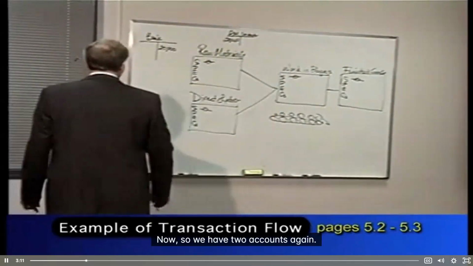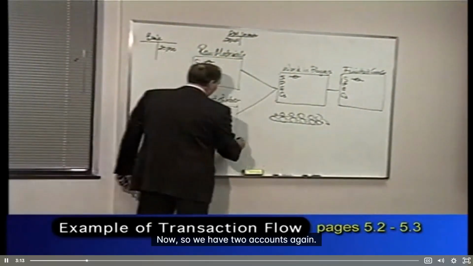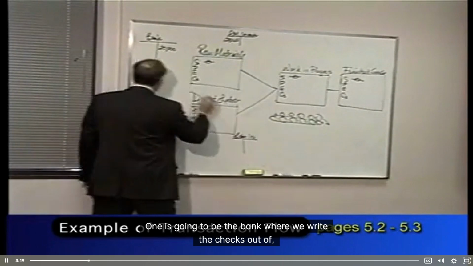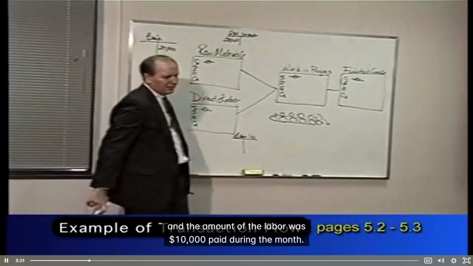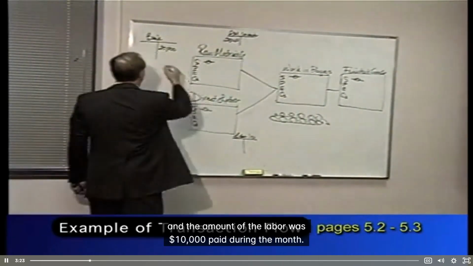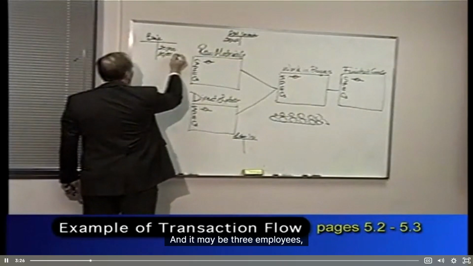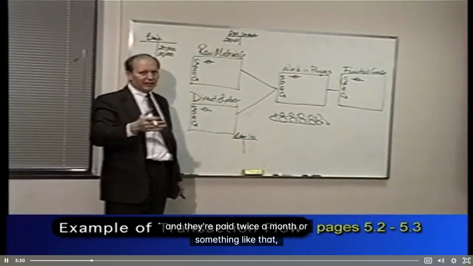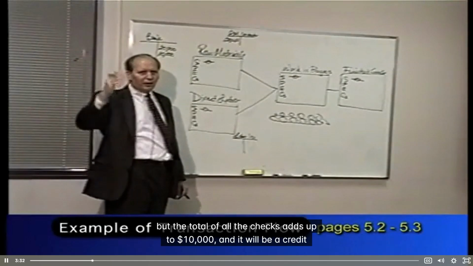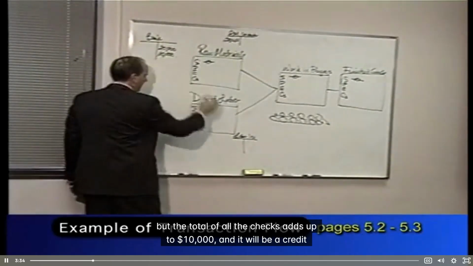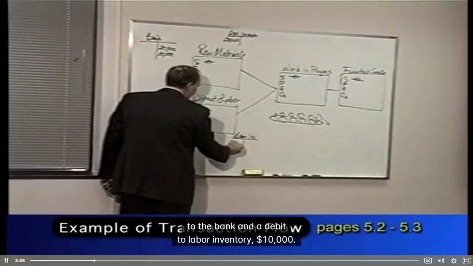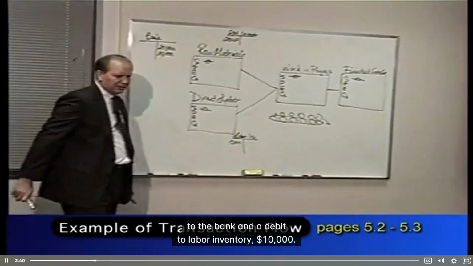Okay. Now, so we have 2 accounts again. One is going to be the bank where we write the checks out of, and the amount of the labor was $10,000 paid during the month. And it may be 3 employees and they're paid twice a month or something like that. But the total of all the checks adds up to $10,000, and it will be a credit to the bank and a debit to labor inventory, $10,000. Now,